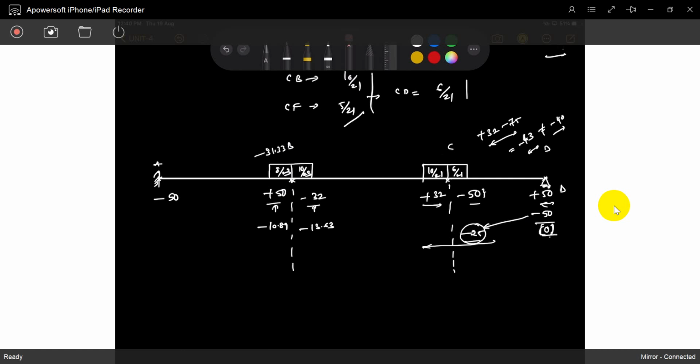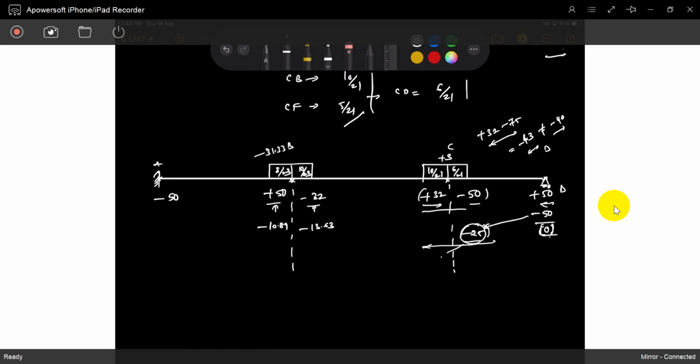Otherwise, previously I said that first you have to settle these two, and later you have to unbalance this minus 25. You can again apply this exactly, and eventually you will get the same, but it's a two times waste of energy. Okay, so now you can apply plus 3 to CB, CD and CF.